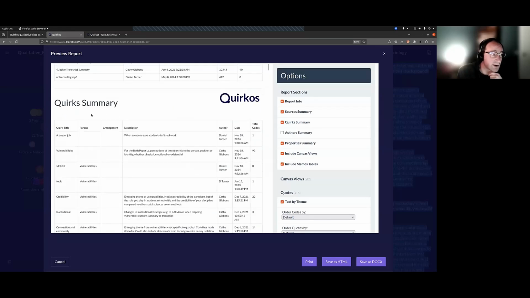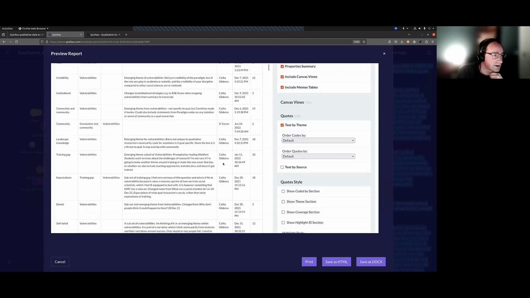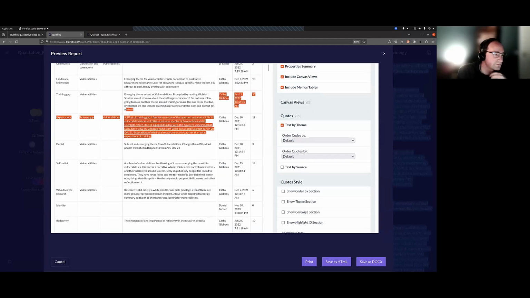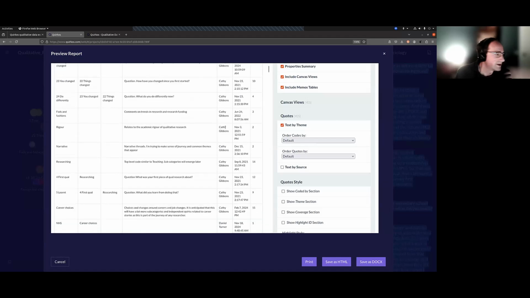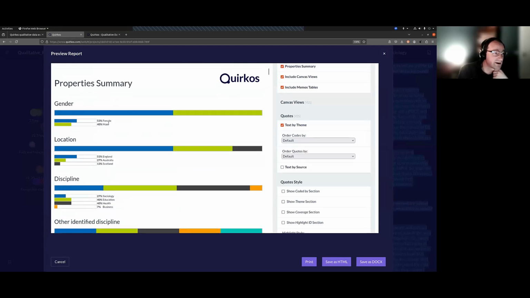And then here's our coding framework, how many times each code was used. And then we've got, right next to it, that description again, who brought it in, who created that code and when. We've got graphs of the properties. So this is the gender breakdown of our